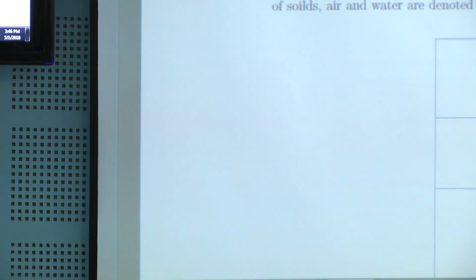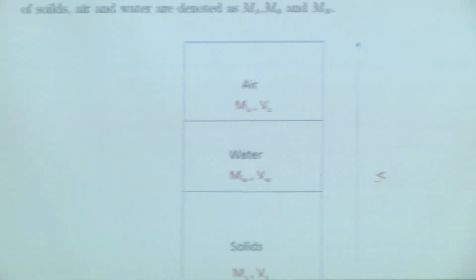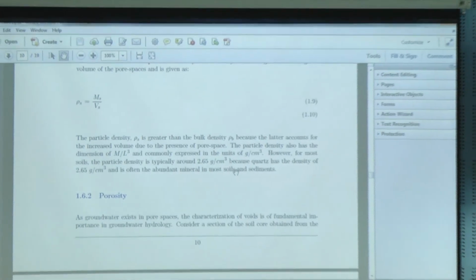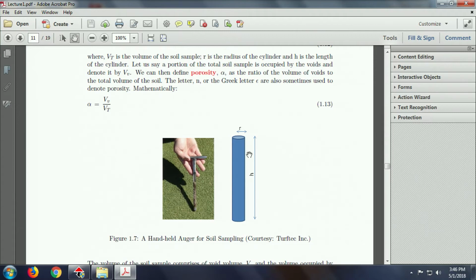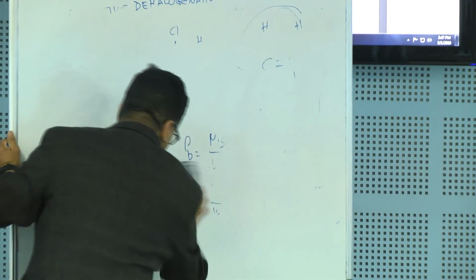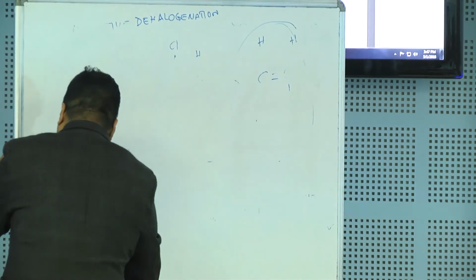So bulk and particle density. Why do we need this? Where do you think we can use bulk and particle density? Capacity of the aquifer, possible, but one big place where we use bulk and particle densities is making sure our concentrations in solids are written correctly. Okay? So I told you that the concentration of